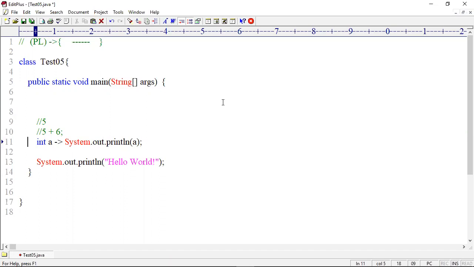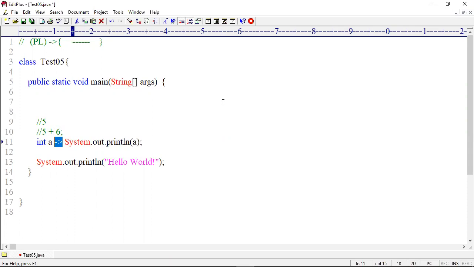Expression should be part of a method. In 5 plus 6, 5 is the first argument, 6 is the second argument, plus is the operator. Like that, lambda expression is also an expression: int a is a parameter, System.out.println is the implementation body, and the arrow mark is the lambda operator.